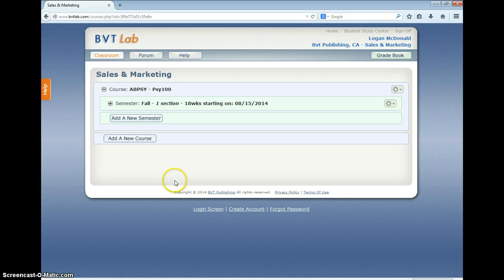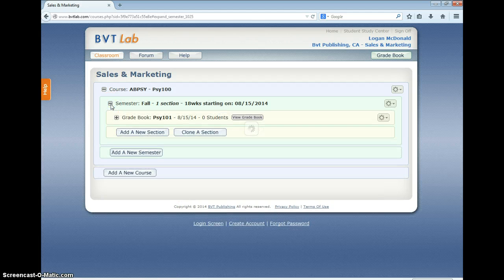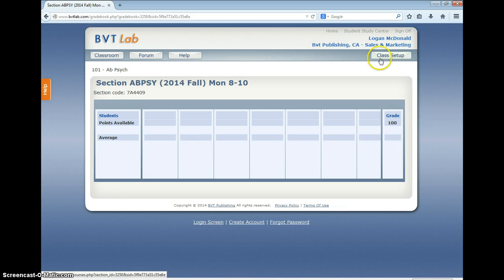Now you can see we've created a fall semester. We'll click the plus button, and now we see that we have a gradebook for our Psych 101 course, starting on 8/15. We currently have 0 students in the classroom. Students will enroll by getting their section code from you, which you can find in the gradebook. There's 2 ways to get there. You can click on View Gradebook, or you can go to the Gradebook button in the top right-hand corner. As you can see, here's our AbPsych section that we just set up, as well as our section code here. That's what you're going to give students on your Day 1 syllabus handout,